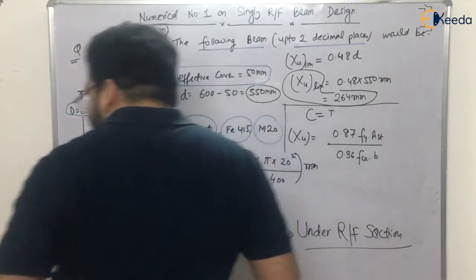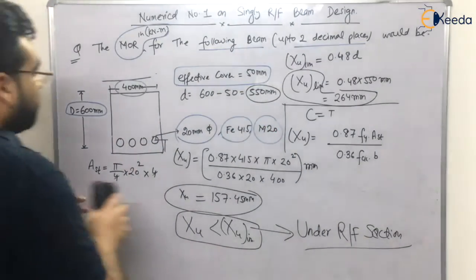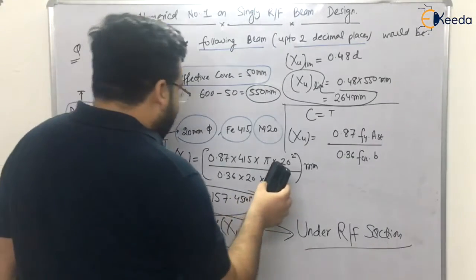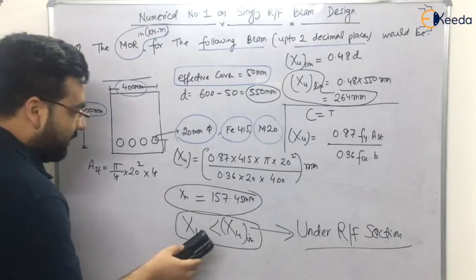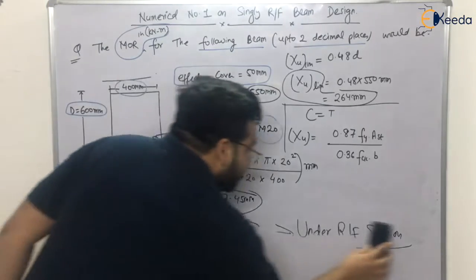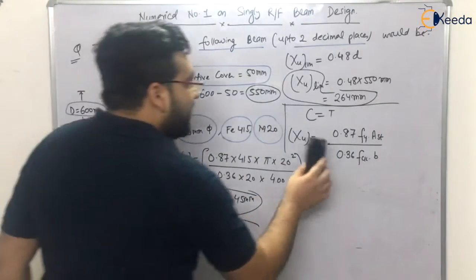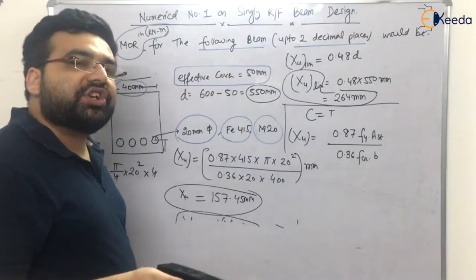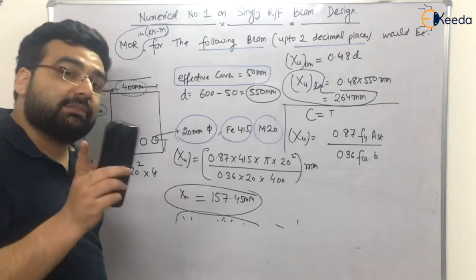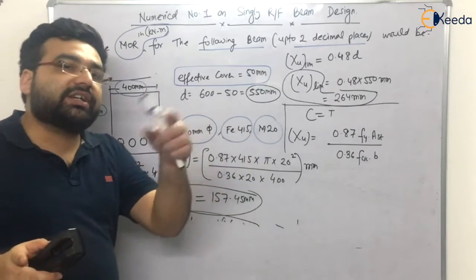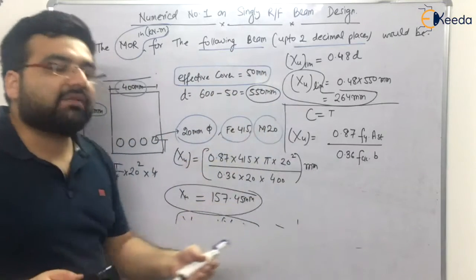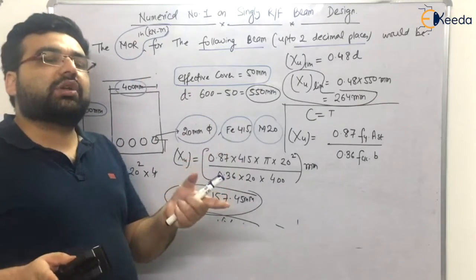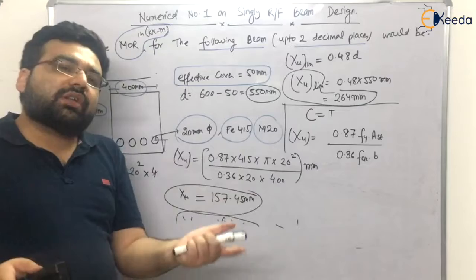So let me write down the formula. Okay, now we have got this also, right? And we have got the area also. Let me rub this, because in moment of resistance the normal neutral axis is taken into consideration instead of the maximum neutral axis. Remember this. In the working stress method also we did the same thing. When determining the moment of resistance, we were not using the maximum or the critical neutral axis. What we were using? Normal neutral axis, right?